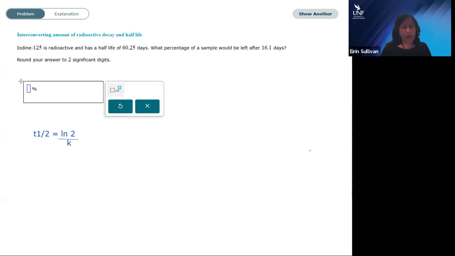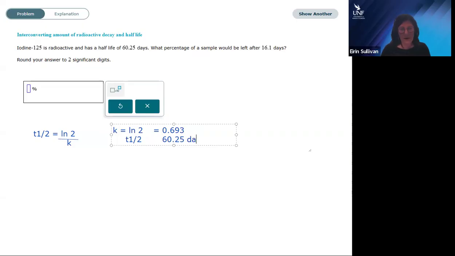So we can then rearrange and solve for k. So k is going to be the natural log of 2 divided by the half-life. And in fact, we can just go ahead and calculate that for our iodine-125. So the natural log of 2 is going to be about 0.693. And the half-life in this case is